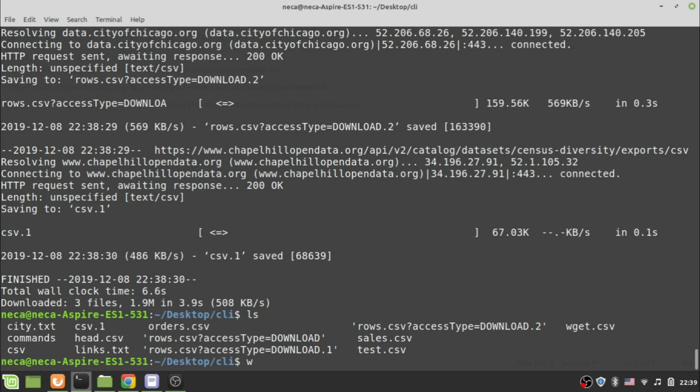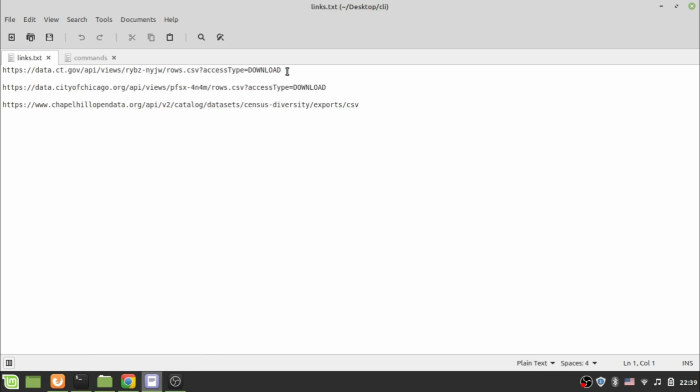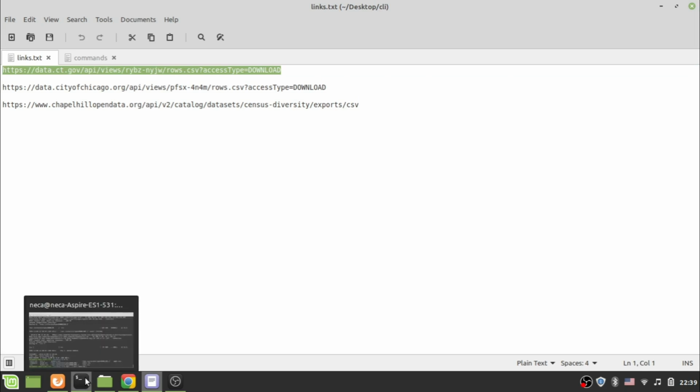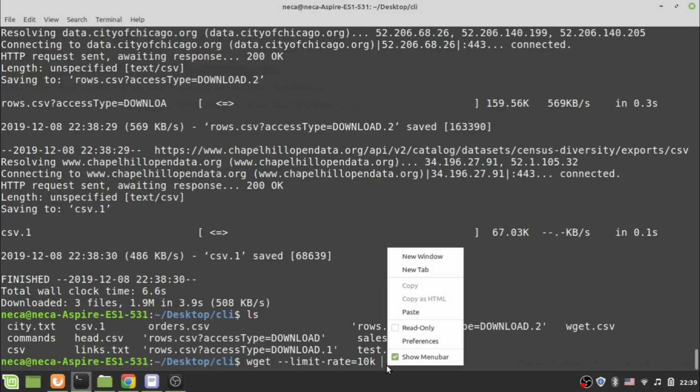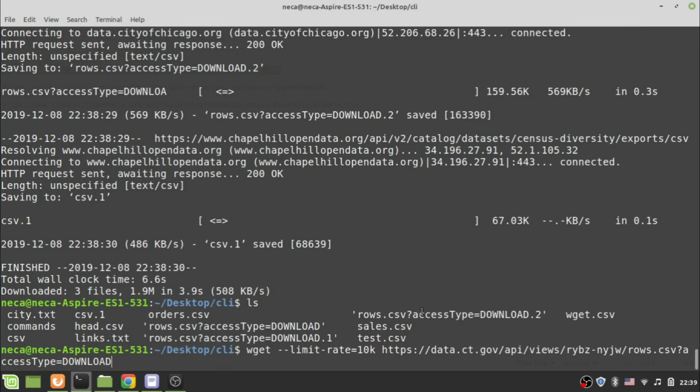So it will look like wget, and then you will press --limit-rate, and then equal to, for example, 10 kilobytes per second, and then here you should put the link to the file. I will use this one, for example, copy it, go back here and just paste and press enter,